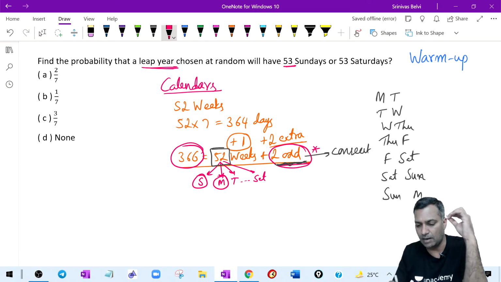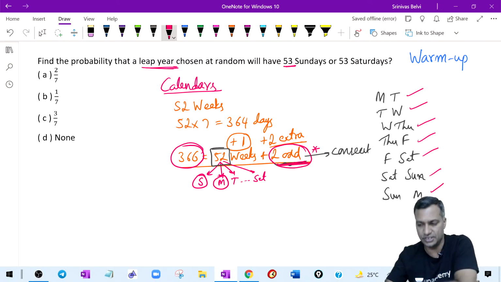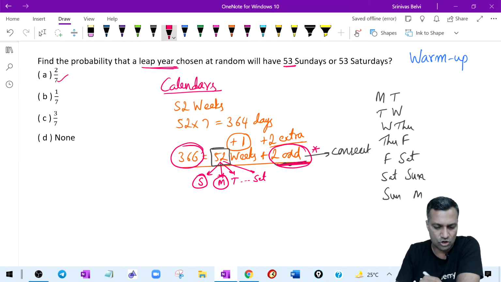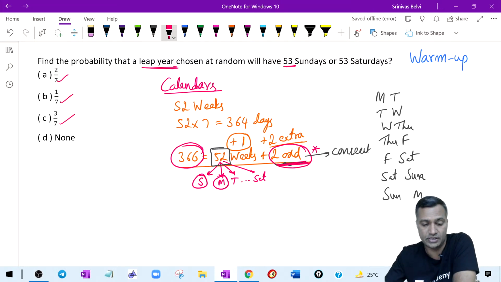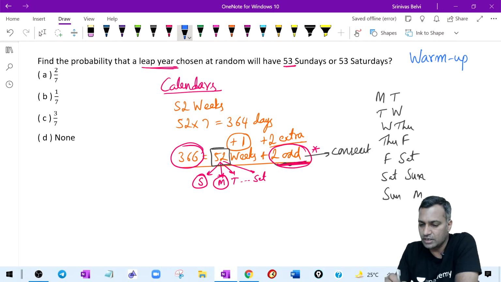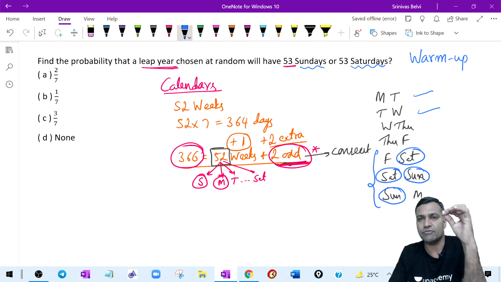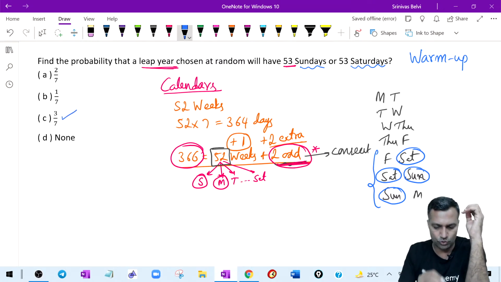Now I'm talking about these two odd days. I can already permute them in 7 ways. In the sense, there are 7 different slots for these two odd days. That is what you see as your denominator. What about the numerator? I either want a Sunday, or a Saturday and Sunday, or a Saturday. Fine, I have a Sunday here, I have a Saturday as well as Sunday here, and I have a Saturday here, which means 3 outcomes are in my favor. Out of 7, 3 of them are in my favor, and hence my answer is going to be 3 out of 7.